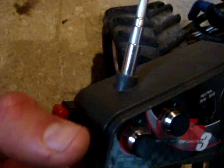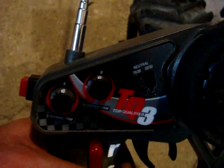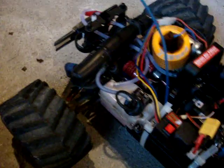But when I push this button here, what it does is it overrides that. It jumps beyond its normal range. So in other words, if you've seen my other videos, we're not manipulating the servo trim here. Just by pushing that button, it manipulates it and it jumps and it starts the car. And that stops it. So starting once again,